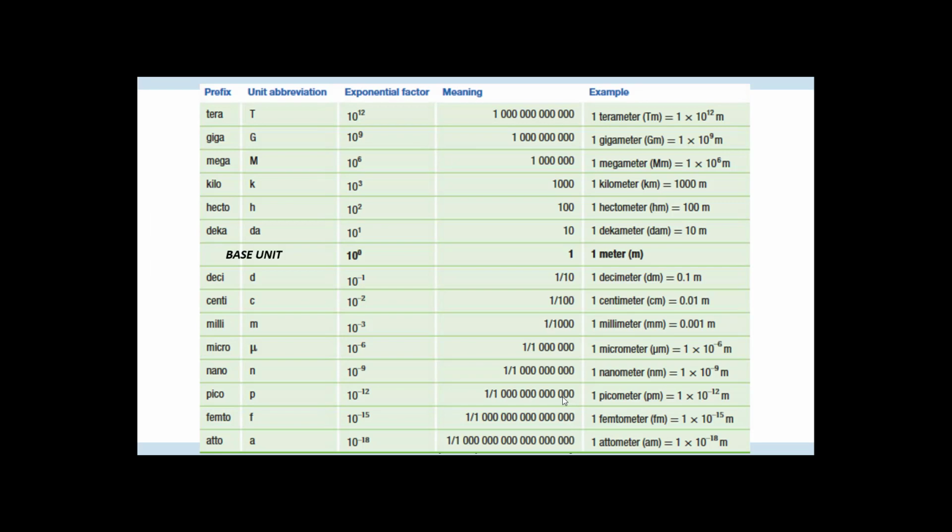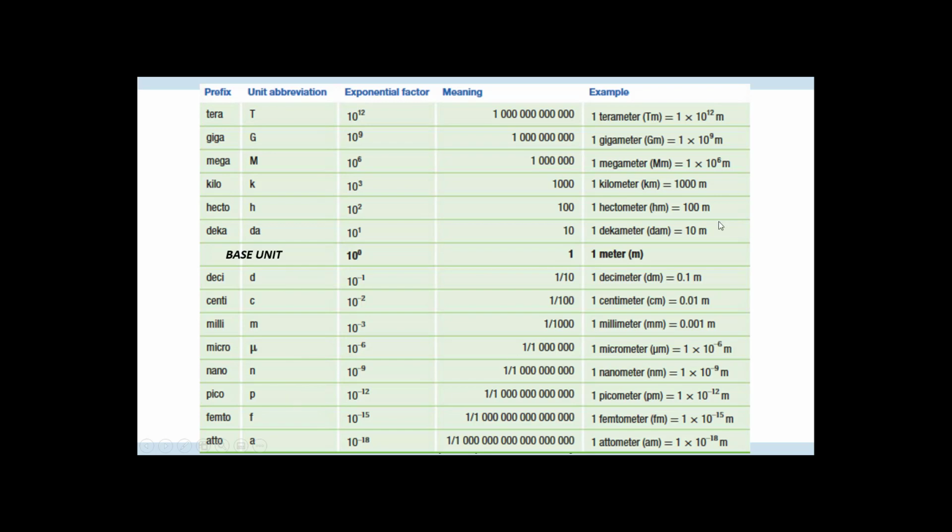I added this. This is not in your book because a lot of the books skip over the base unit, and I think that confuses students. It just starts at this one and then it goes to this one, but it never shows the base unit. The base unit is exactly what you're dealing with. So in this case, this is meters. It doesn't have to be meters. Could be liters. Could be other. I just covered some of the things in the previous slides. The meters tends to be the easiest one to learn.